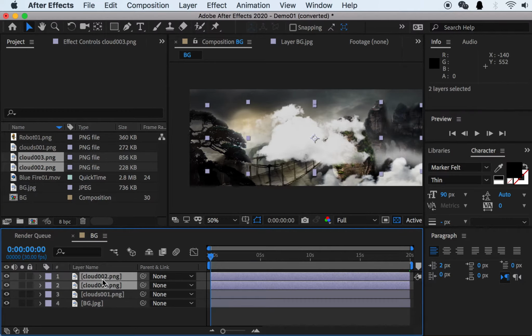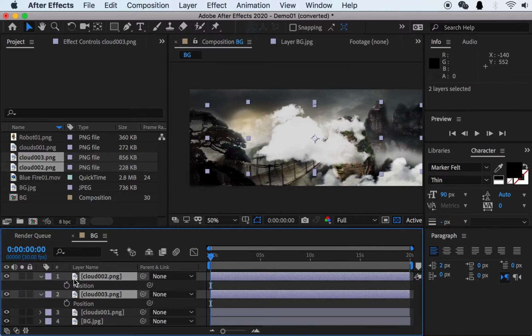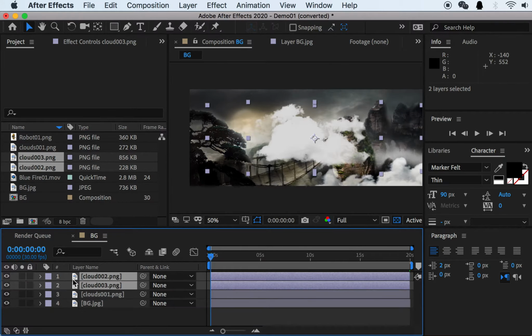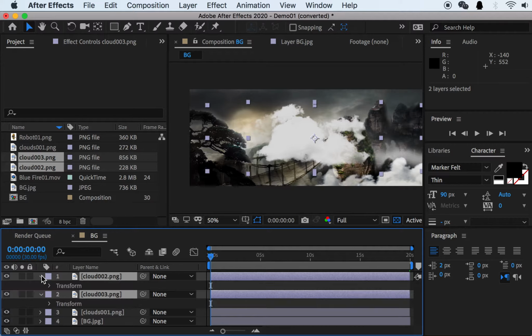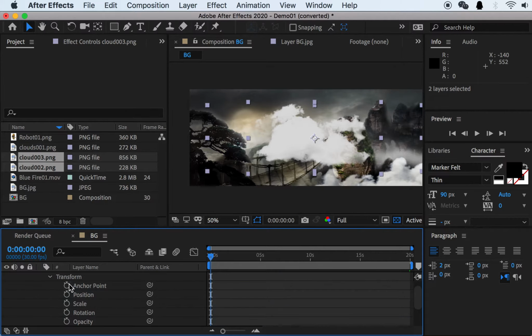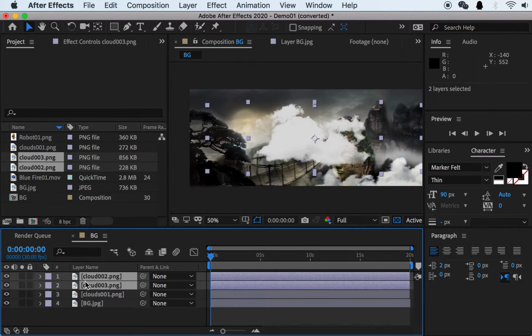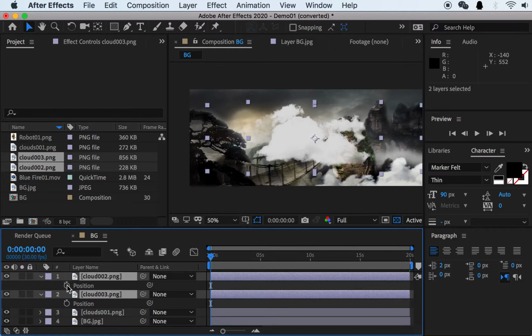So I'll bring them in, open their position keyframes. So you can hit PK to just display the position, or you can do what I have done before. Okay, so I'll hit PK to only show the position, and at 0 seconds create a keyframe. 10 seconds, create another keyframe. Oh wait, before I do that,